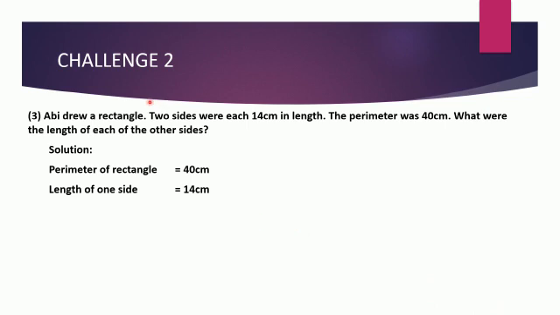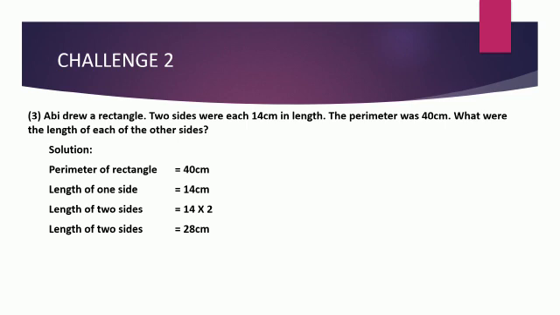So two sides. Okay, now we will focus on two sides. It means that length of two sides will be 14 multiplied by 2 because we are discussing the length of two sides. So you will multiply 14 by 2. It is equal to 28. 14 twos are 28 centimeter. Now we have length of two sides is equal to 28.